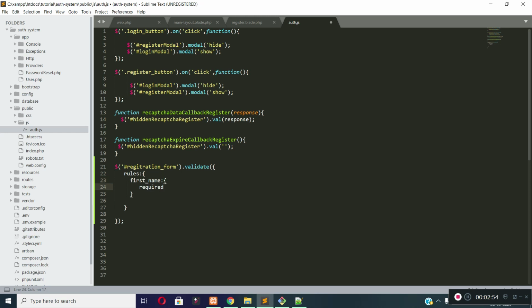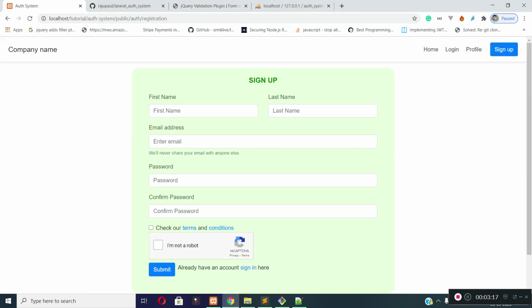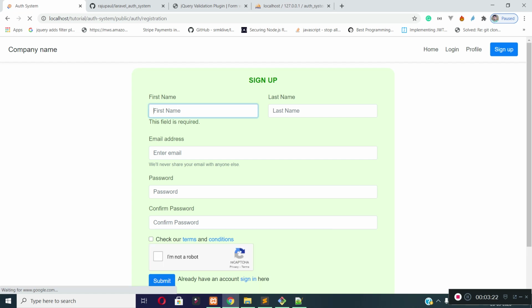Our first name field should be required, and the min length of the first name should be 2 characters, and the max length of the first name should not be more than 100 characters. Now if I save the file, refresh the page and submit the form, you can see our validation is working.